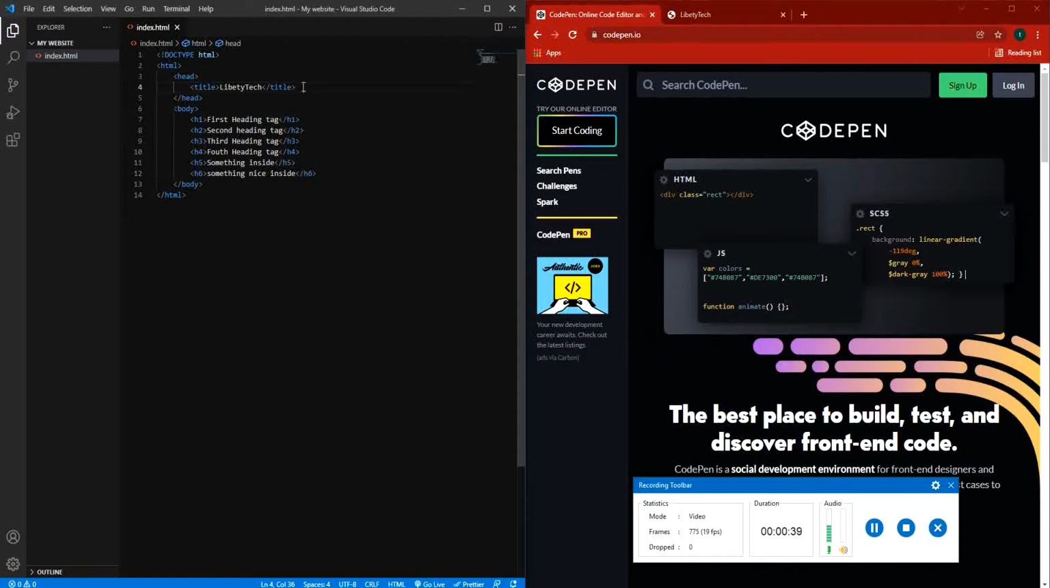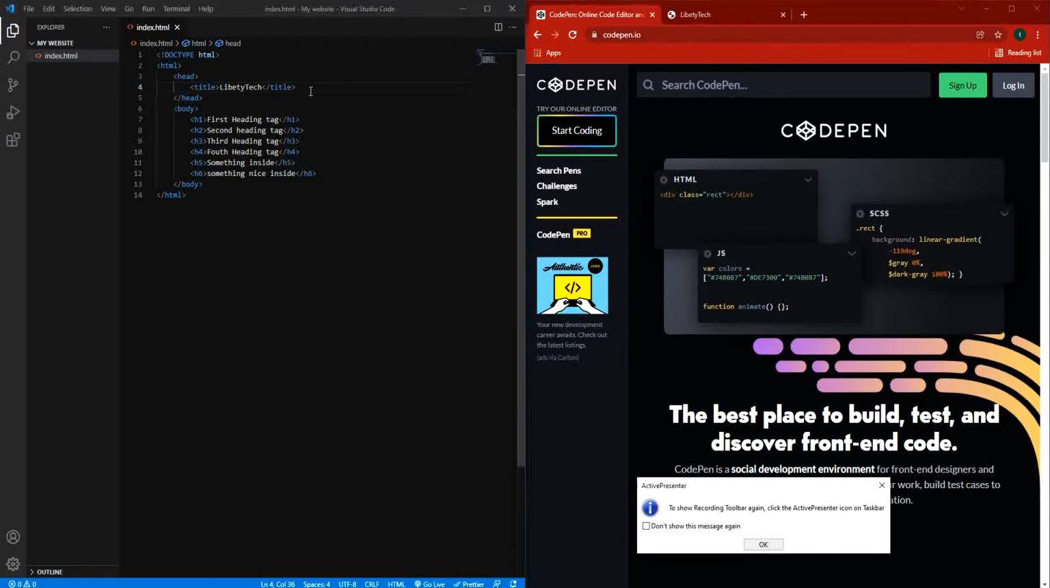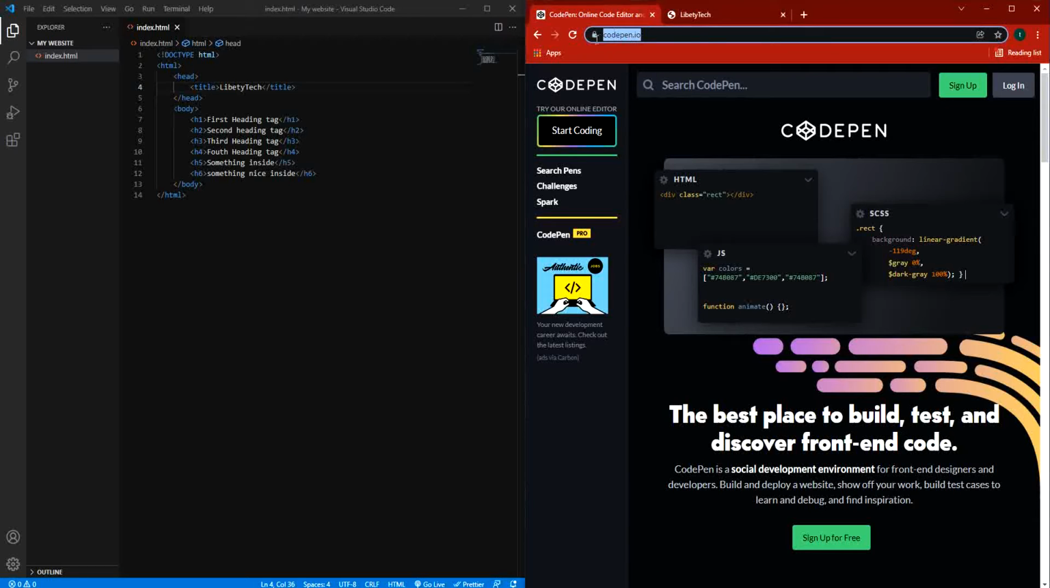Apart from the title, there are some other things you can add, which are the special instructions. So if you put anything aside from that in head, the browser will not recognize it and it can mess up your work. So for the phone users, you can use the codepen.io, as you can see here,